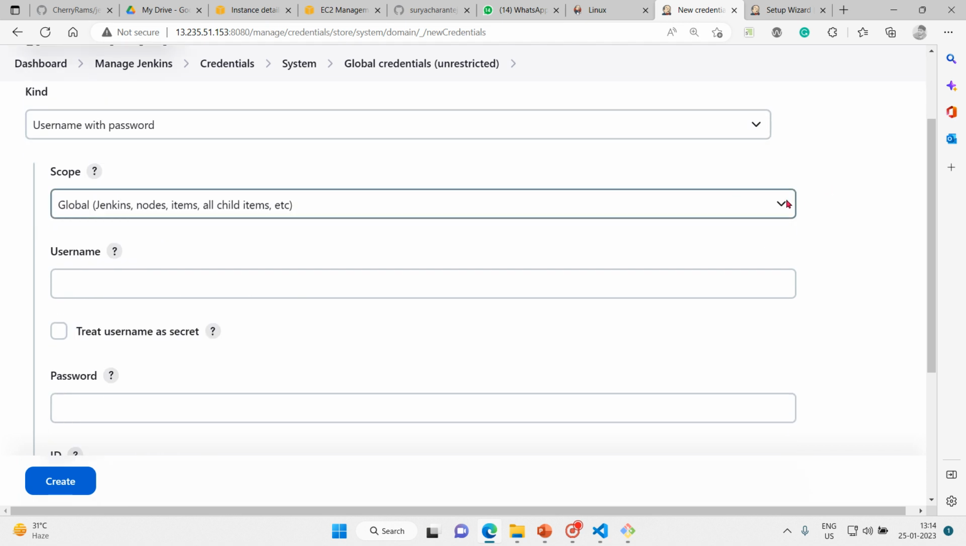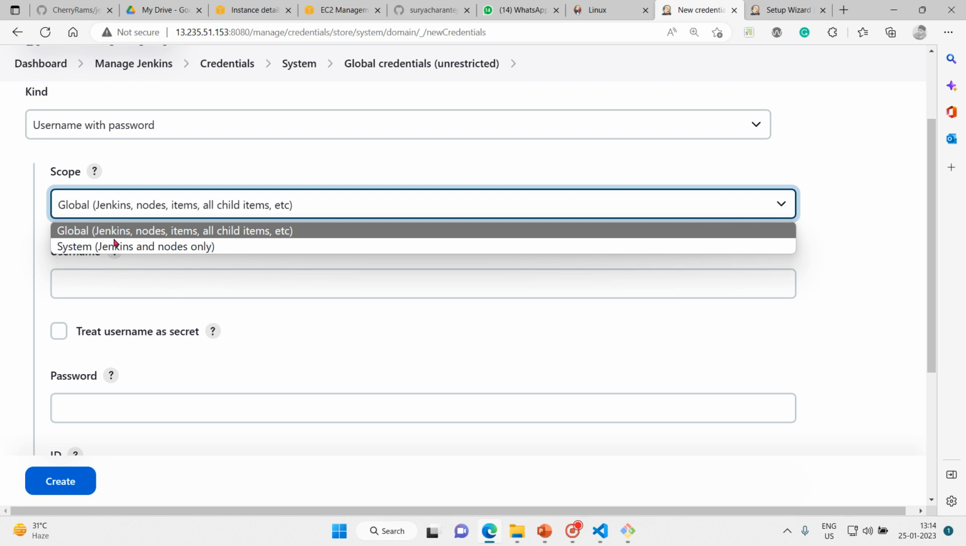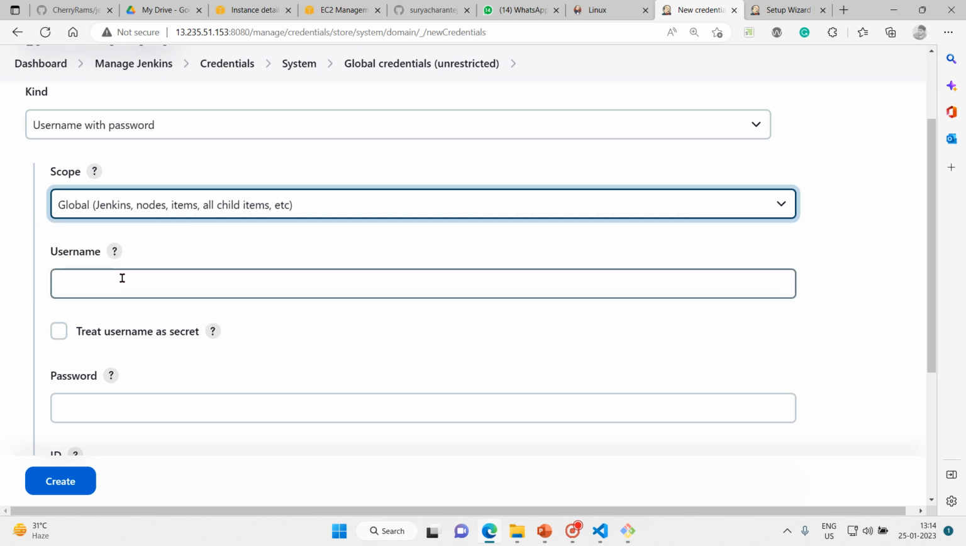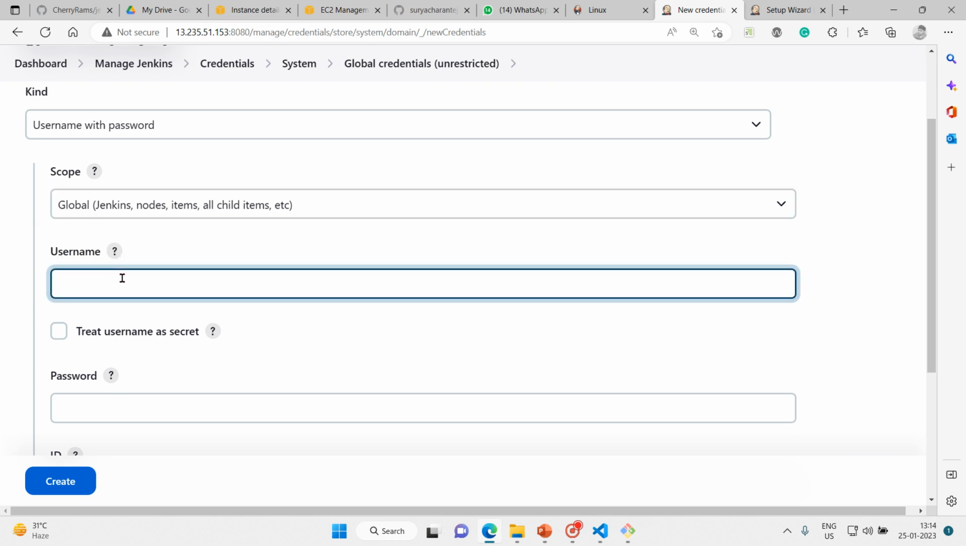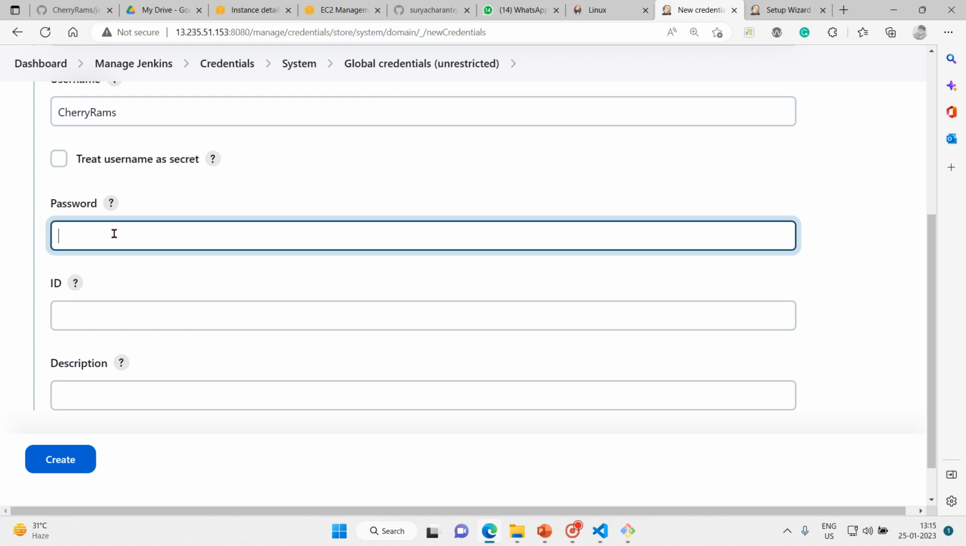Scope. I would go with global. See here, it's either global or system. System means only for this Jenkins, and for some nodes we have to provide which node you want to use. I would go with global. Then here I'm going to provide the username, and treat username as secret. That's okay, it's not required. And password